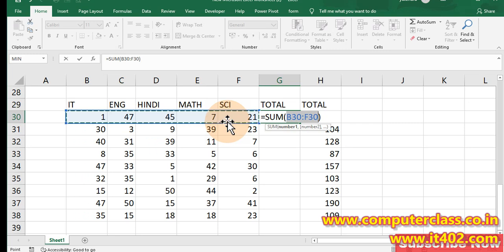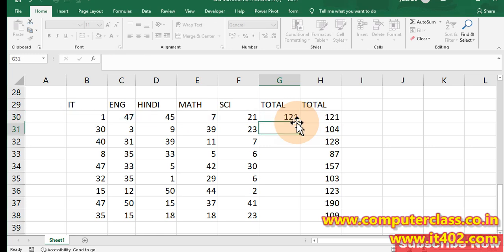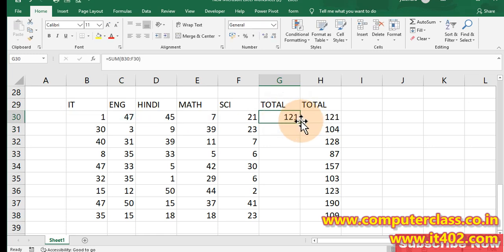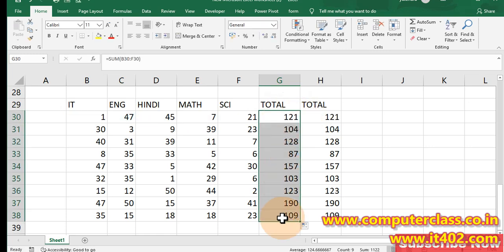I don't need to type equal to SUM and tab, or select the range with the mouse. But before doing this, you should understand what the cell range is, where your formula is taking the values. Just press enter, select this range, double click here, and it will give the output.